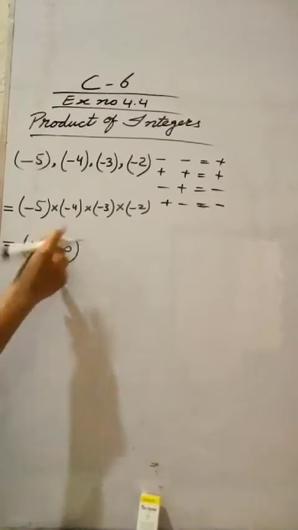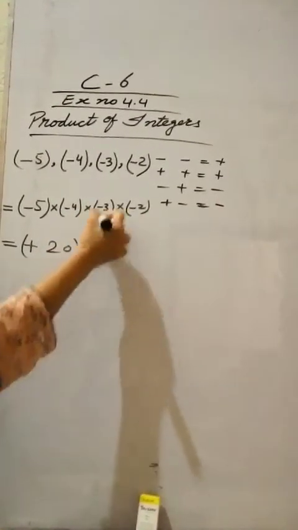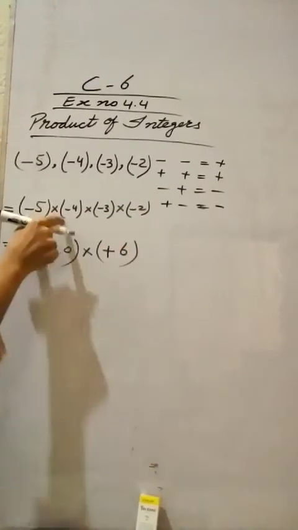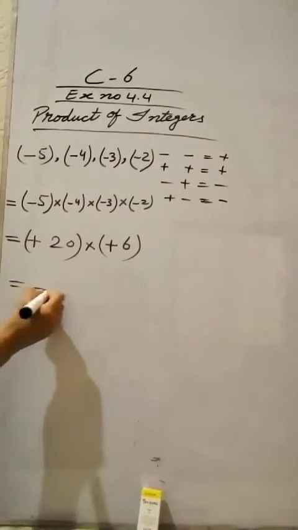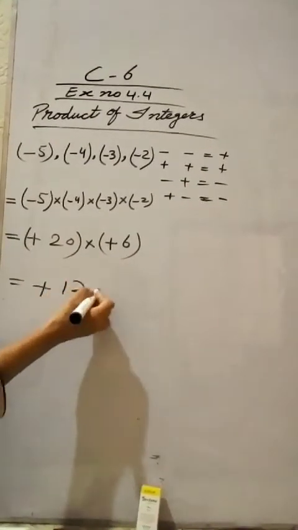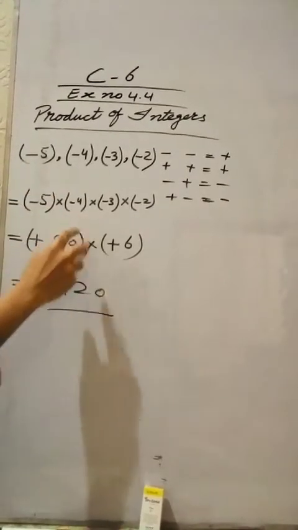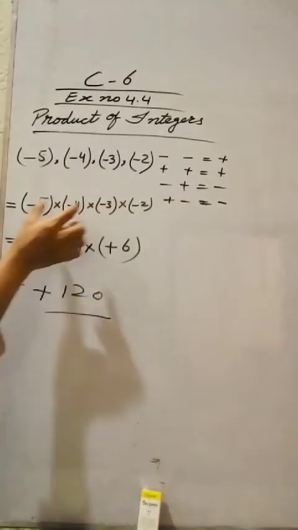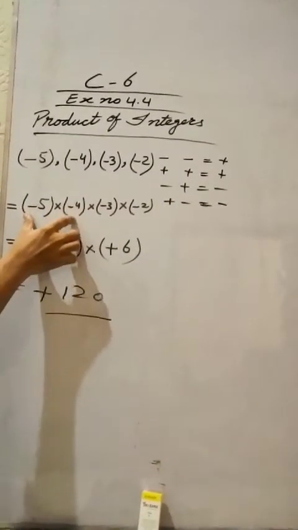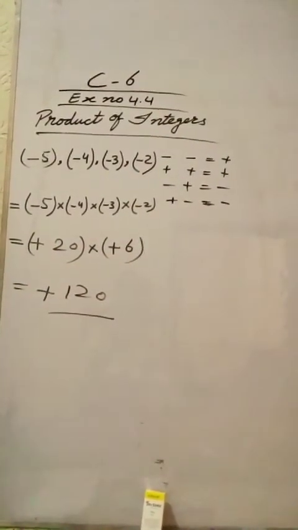Put it in the bracket because we have two more values. Multiply minus minus plus, 3 twos are 6. You can make the pair of two and then solve. Now you can easily solve this. Plus plus plus, 20 sixes are 120. Draw the ending line. So these are the steps for solving the integers with the signs. Use the formula table, but always solve the first two, then the last two, then compare the answers, and then you will get the proper answer.